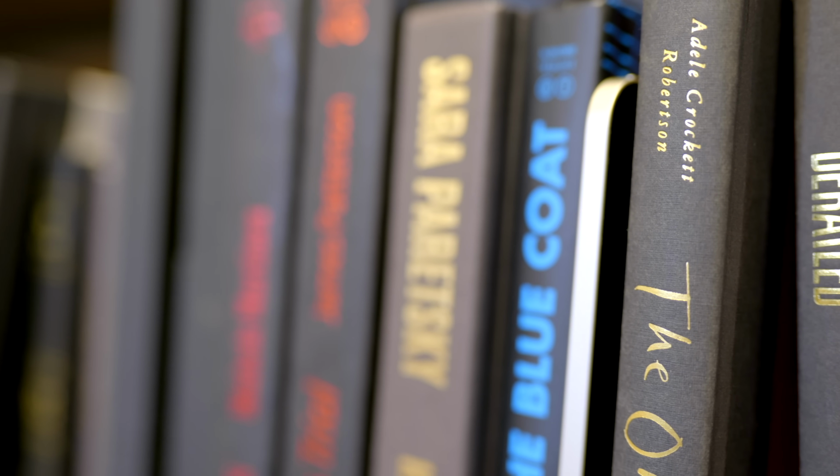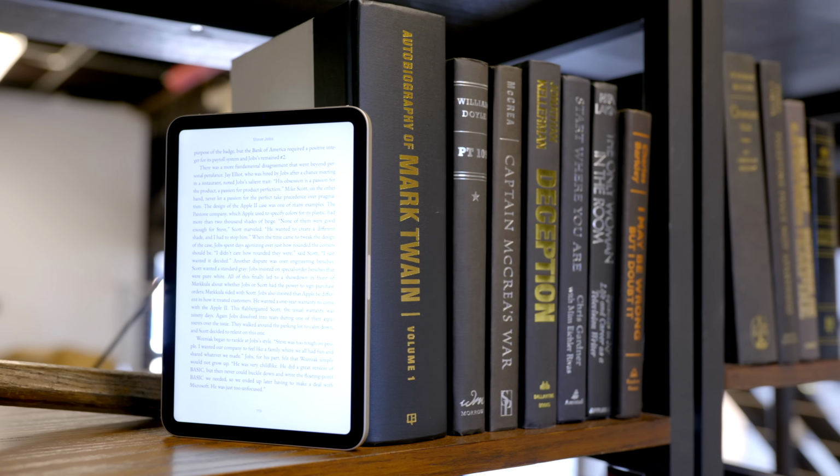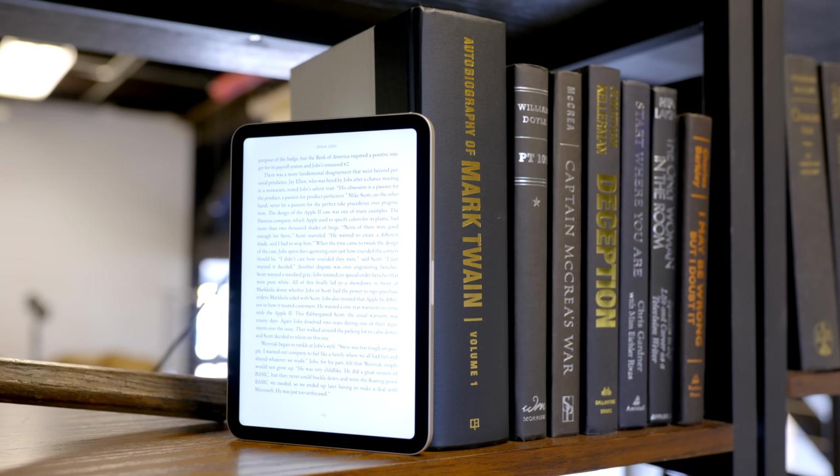One of the other use cases you probably want an iPad mini for is reading. If you read a lot of eBooks and you'd like something that's very light, you can hold for a long time, the iPad mini is great for eBook reading. But when you go outside, it becomes less great. You can still use it outside and you can change the different backgrounds and see which one works the best for you. The brightness level, it gets bright enough, but if you're outside and you're in direct sunlight,